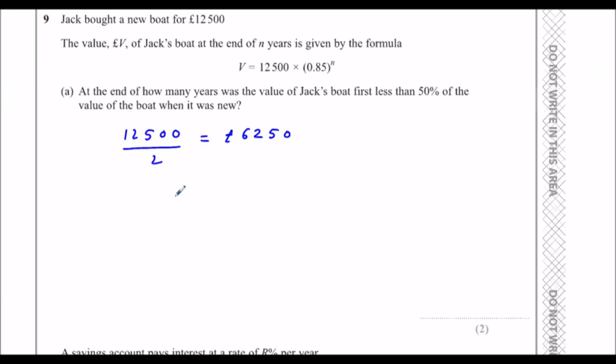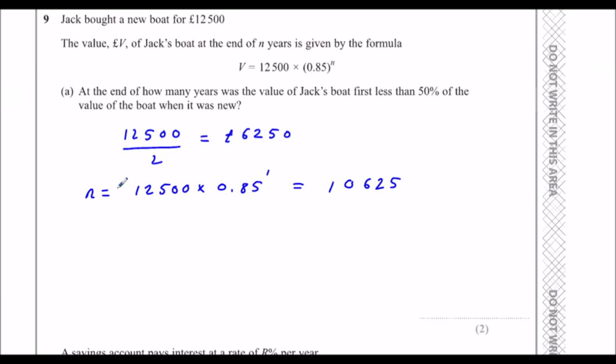So we can just type in different numbers. I'll start with 1, why not? 12,500 times 0.85 to the power of 1 gives